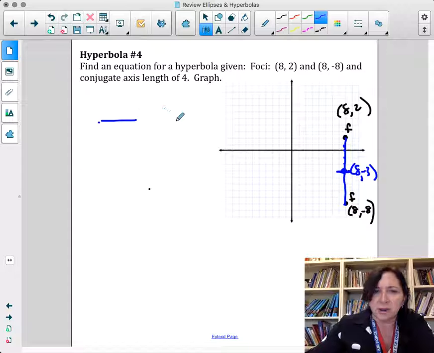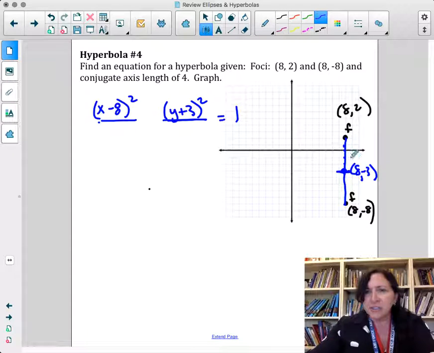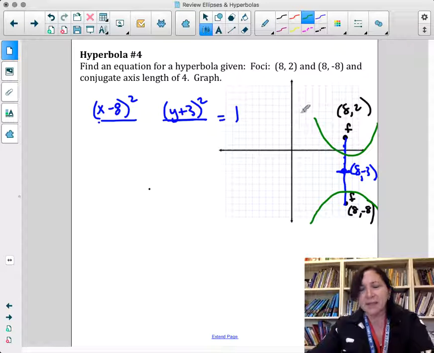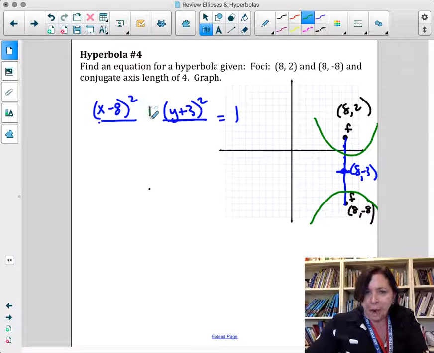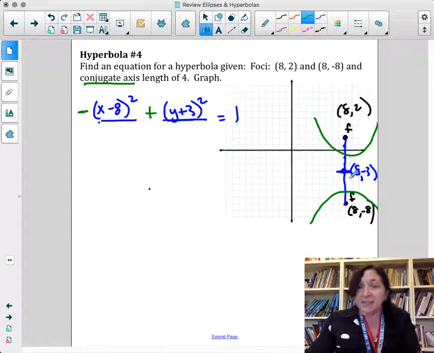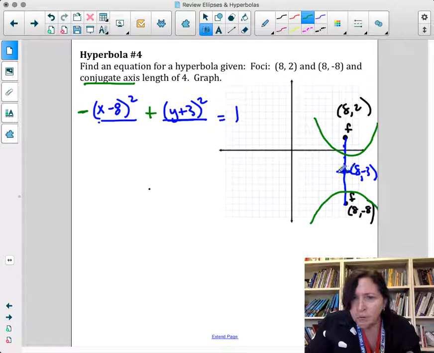So just starting off, equal 1. If I put x first, I know that this is x minus 8 quantity squared, and this is going to be y plus 3 quantity squared. Additionally, because my focus points are cut within my hyperbola, I do know my hyperbola is going to do this and this, right? Which means that it's on the y-axis, which means that my y-axis is the positive axis, and this is now negative, okay? We also know that the conjugate axis, now the conjugate axis is that axis that is not the transverse axis. It just connects the box together. That has a length of 4, which means over 2, right? So if